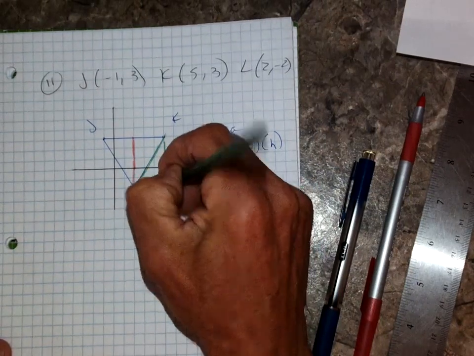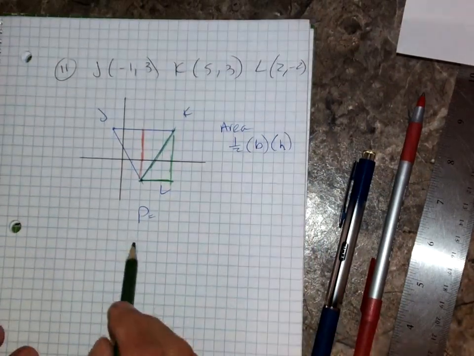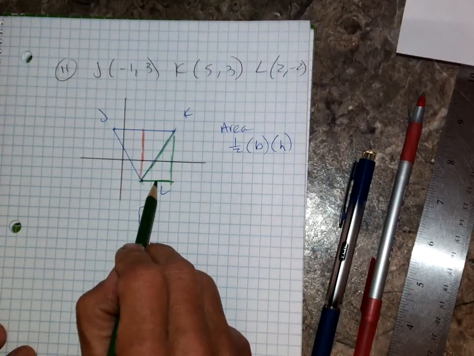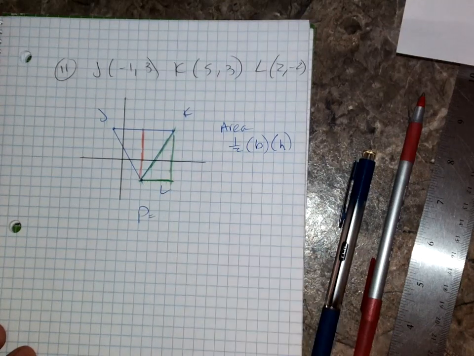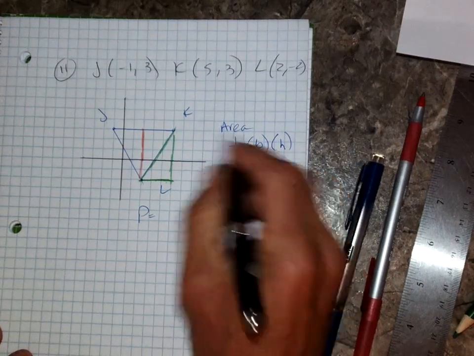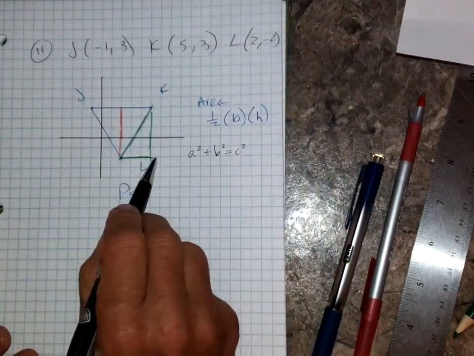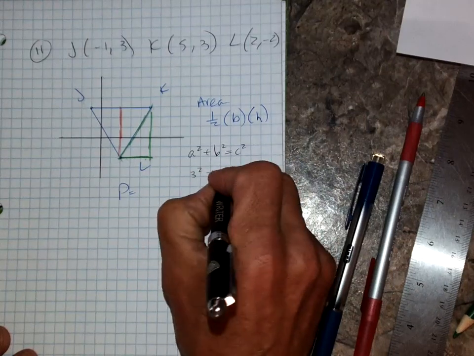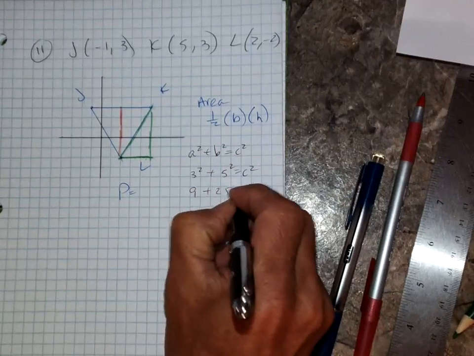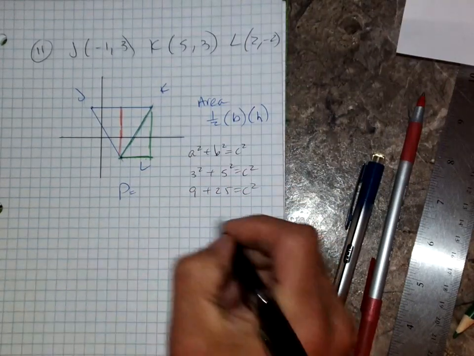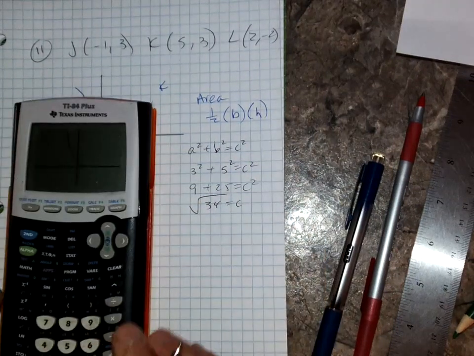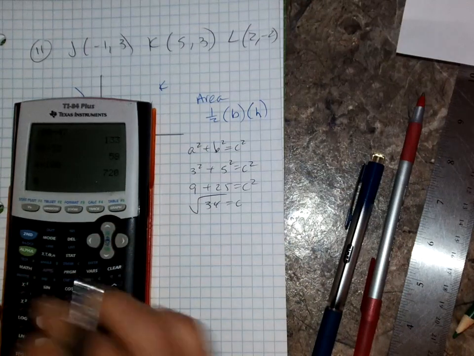I'm going to draw a right triangle, and I'm going to use the Pythagorean Theorem. And I believe this length is the same. So if I use the Pythagorean Theorem, we've got 1, 2, 3, 1, 2, 3, 4, 5. a squared plus b squared equals c squared, and I know you guys have learned this in 7th grade. I've got 3 squared plus 5 squared equals c squared. I get 9 plus 25 equals c squared, which is 34. And I'll take the square root of 34,